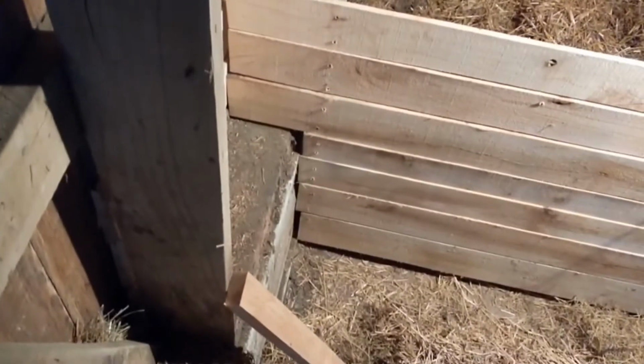But I've gotten this one secured, same setup as that one, and that just gives me an end piece to put my siding onto. And then, well, I had to do this so that I had somewhere to secure this to that gave it a better hold. But I actually need to kick that out a touch because that's no good. That's better, but